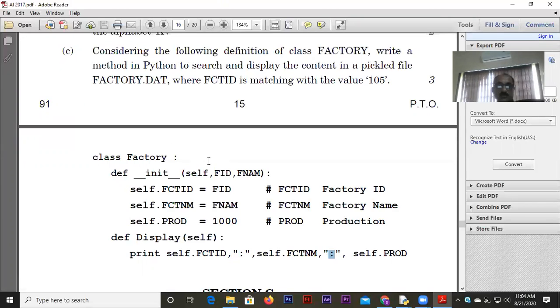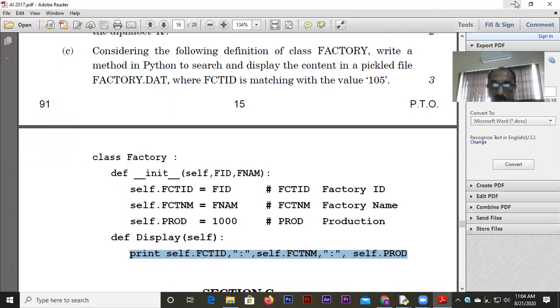Again, this whole question was asked in 2017 in connection with class and objects. Since class and objects is not a part of your curriculum, I can give you a little hint on that: this print statement shows very clearly how the data are arranged. Here the data are arranged this way: the first field, colon, second field, colon, third field. That is how the data are written. So this will be given to you in the question. Since all the questions so far have come from a class and objects background, it's becoming a little difficult for me to guess how the question would be put up for your batch.